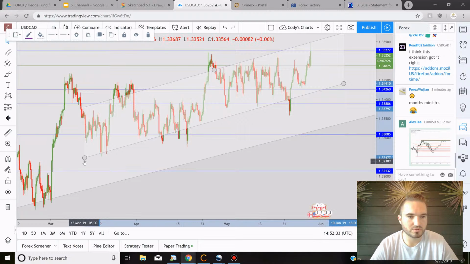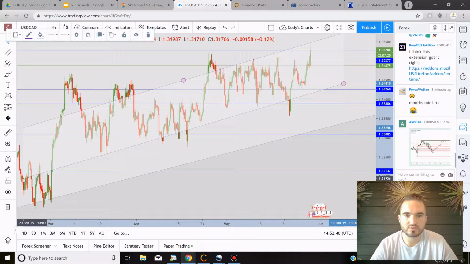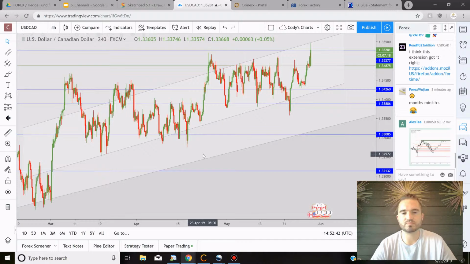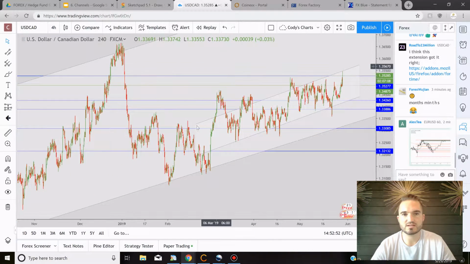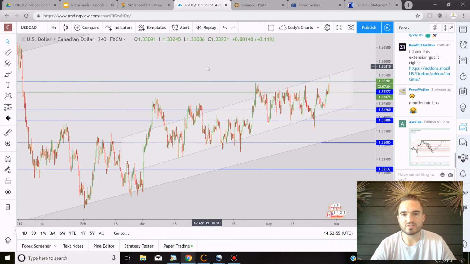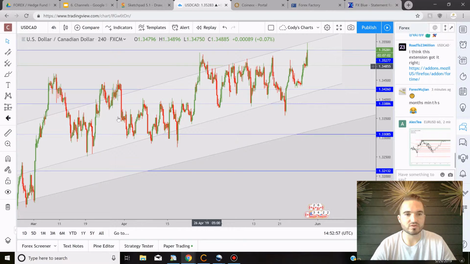So you can pull this down further if you wanted, to see if it kind of continues on that trend. Okay, so right now you can see we have our support and resistance lines, and then we have our channels. So we have our big, huge channel that I created, this big one with the white space, and then this little channel it's been in for a month or two right now in this upward